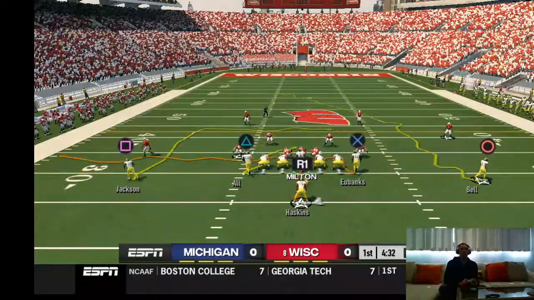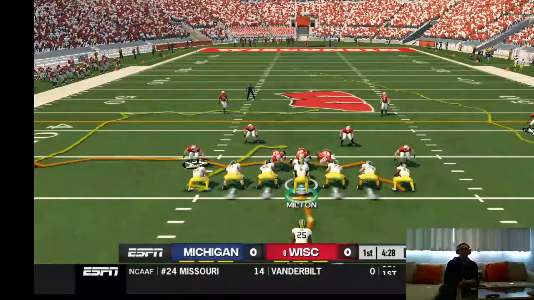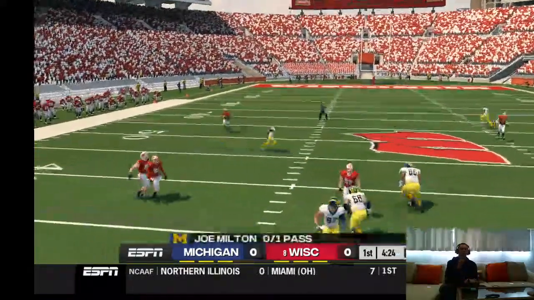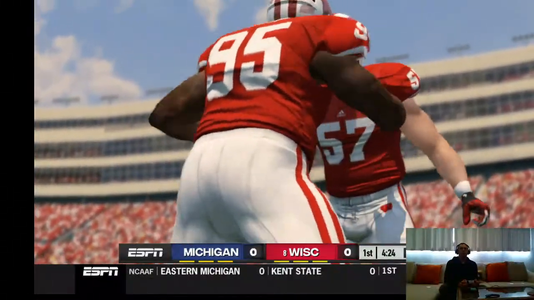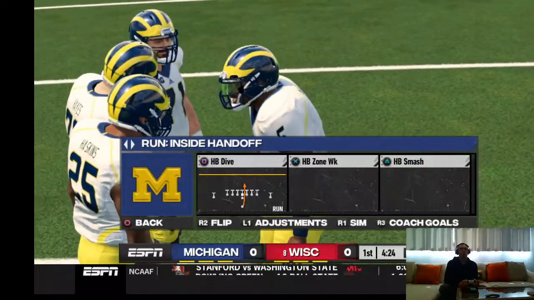So you can just hit one of these tight ends crossing if it's there. Ooh. Throws to the tight end, covered, and the ball's incomplete. I like the scheme the defensive coordinator came up with here. They were all over the place on that play and left the quarterback nowhere to throw it.